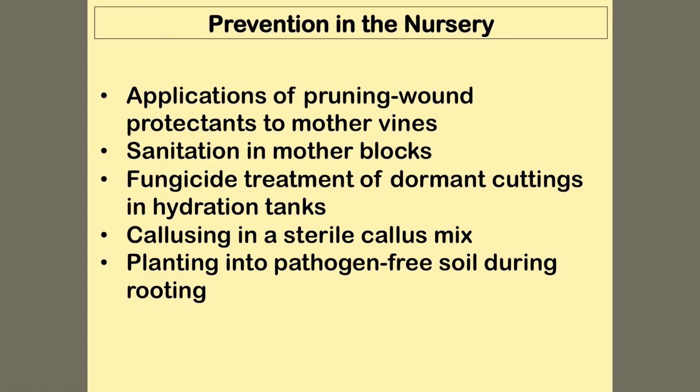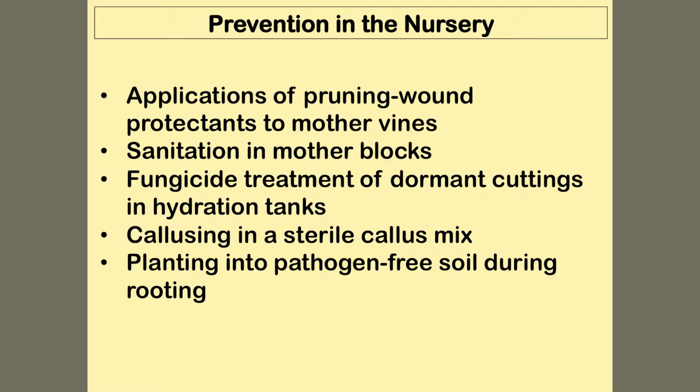They can also, after they've taken the cuttings, when they soak them or after they soak them, use various fungicide treatments that could kill any spores on the surface of the bark of the cuttings. They can also use the callousing procedure, which is done under very high humidity, warm conditions, which are great for a lot of fungi. They can just ensure that they're using a sterile callus mix, making their callus room very clean and tidy, keeping that free of potential sources of infection that come in on